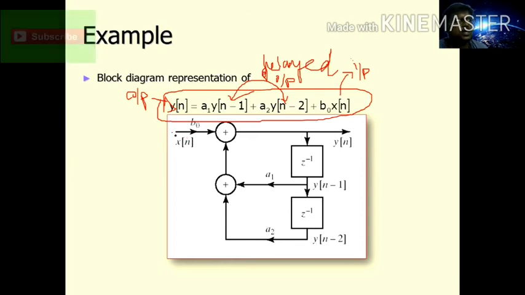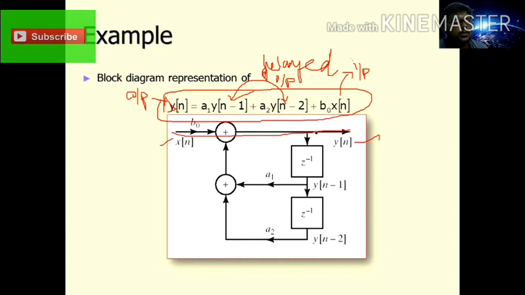So the first corner here you have to take the input signal, that is x of n. At the last end you consider y of n. So now this is your actual input, this is your actual output. X of n, y of n is your actual input and actual output. Okay, so first you keep your hand here. This is an output portion.